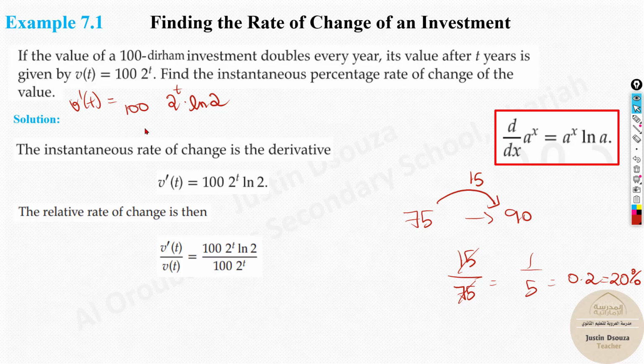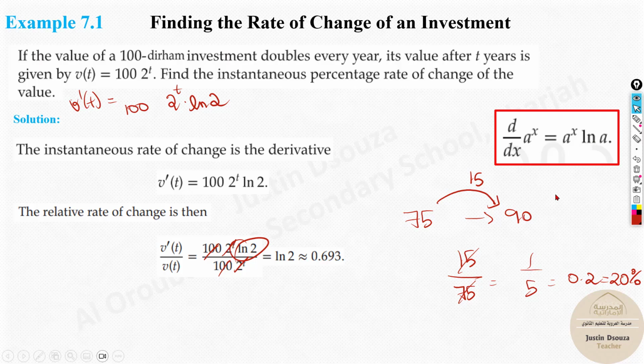The same thing here, we have the original value given and we found the instantaneous rate value. Instantaneous is at that particular instant, that is derived. Now all you need to do is the rate of change divided by the original value. This divided by the original value. What happens? 100 cancels out over here because you're dividing it, this and this. The answer is natural logarithm of 2, ln 2, that is corresponding to